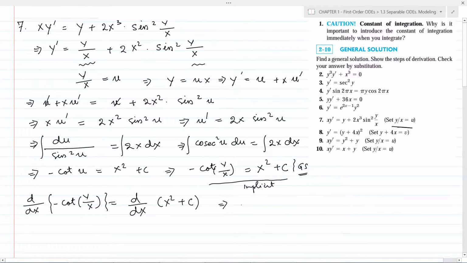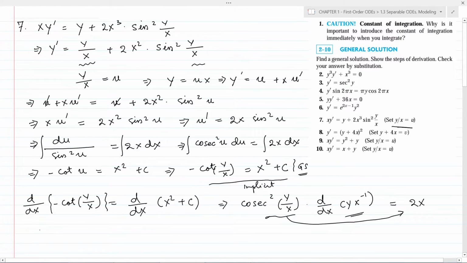So we can write this as cosec square y by x multiplied by derivative of y by x by chain rule. So derivative of y by x we can write as d by dx of y x to the power minus 1, and the right hand side can be written as 2x. We take the cosec square y by x term to the right hand side and simplify this term on the left hand side,